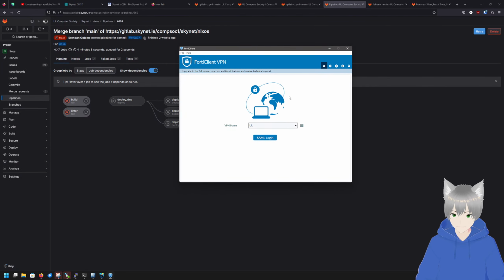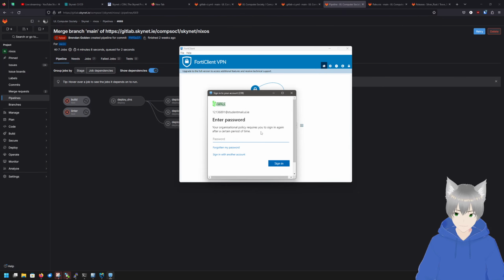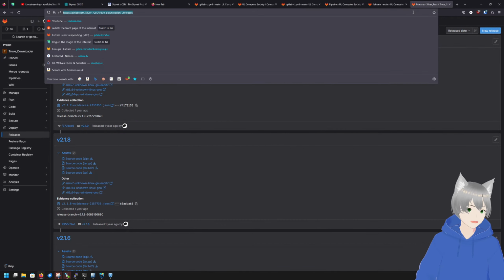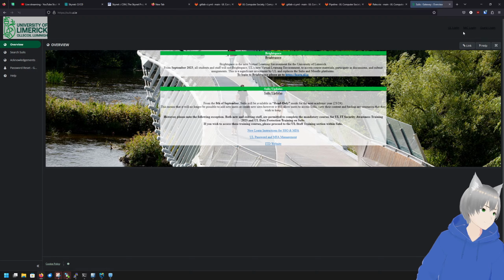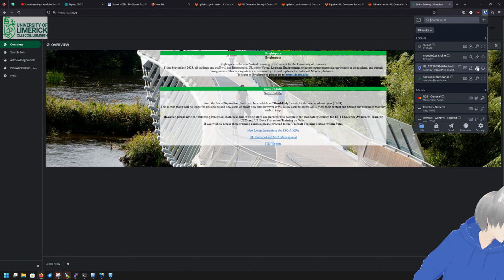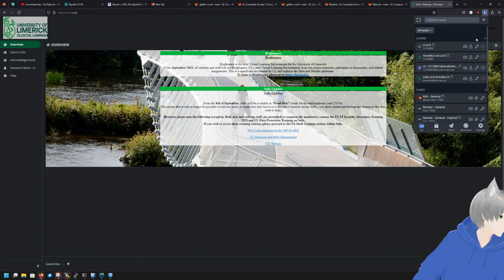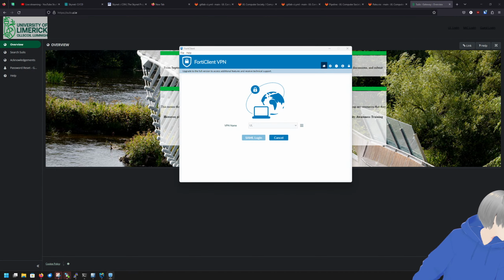We're using the single worst VPN client that I know of. And this is why it makes it so bad. I hate this client. Not only does it get me to put in my password, it also requires the code as well.